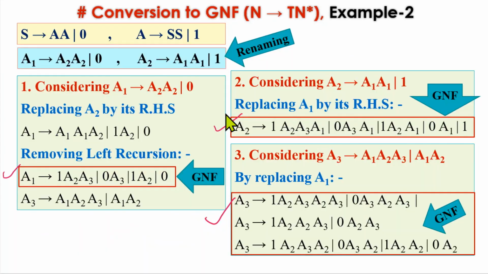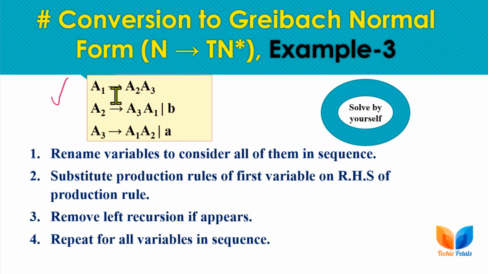We just need to be careful about rewriting these rules, meaning while substituting you must not make any mistakes. So be careful and write these rules carefully in every step, otherwise you will miss some production rule. Okay, so just follow the sequence and apply the left recursion rule and then the substitution. Okay, so this is the way we solve these types of questions.